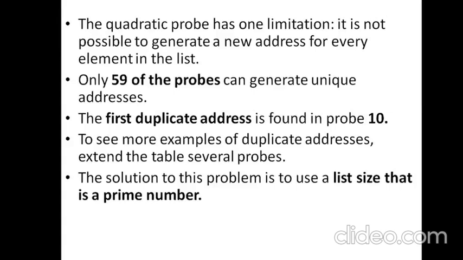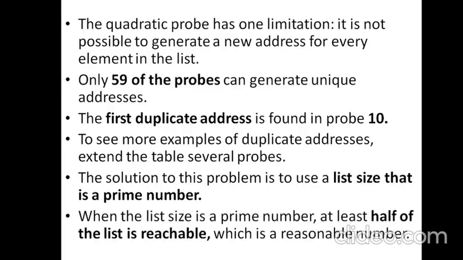One way of reducing this duplication is choosing the list size to be a prime number. This is something we already discussed, that prime number selection is best for hash functions, since the collision is likely to be controlled. So the same suggestion is made here also. Try to identify the list size to be a prime number.